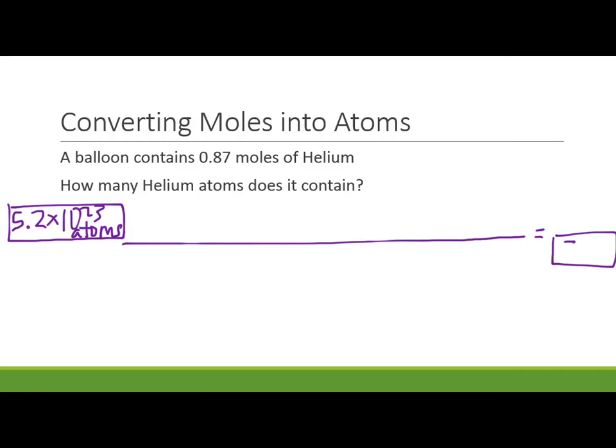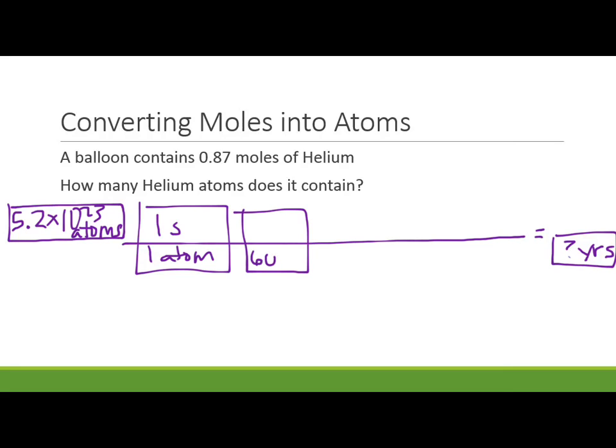And I want to know how many years it would take to count all of those. So I can count about 1 atom per second, right? If I'm just counting 1 atom per second, I know that 60 seconds is a minute. This has absolutely nothing to do with the class, but I just think it's kind of fun to try some dimensional analysis, because this is such a useful technique. Plus it's fun. You might not think so, but